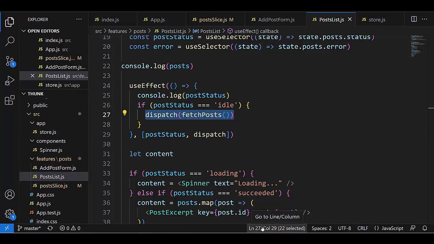It is the beginning of the process of fetching data from outside, and we have pending, and we call that state, that status, loading, and